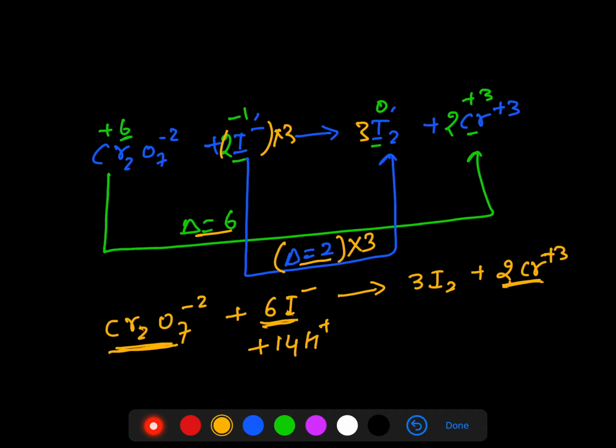Now let's balance the oxygen. We have 7 oxygen over here, but no oxygen on the right hand side, so we can add 7H2O. Oxygen is also balanced. If you check, hydrogen is also balanced, right? So this is the balanced redox reaction now, but we need to bring back those spectator ions which we have removed, right? So let's rewrite the equation as